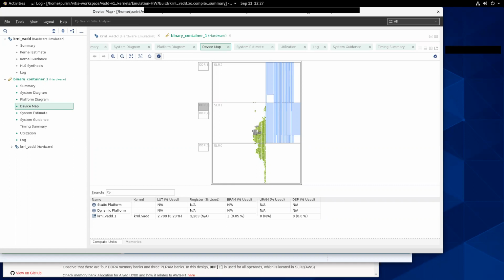Basically, these are three separate dies: SLR0, SLR1, and SLR2. They are three separate dies, and on the chip they are connected. There is some routing between them, which goes through the interposer layer and through silicon vias. There is a limited amount of routing through them, and it typically goes through a primitive we call a Laguna, which has some flops, so you can actually register the signal going through. So those are the three super logic regions.